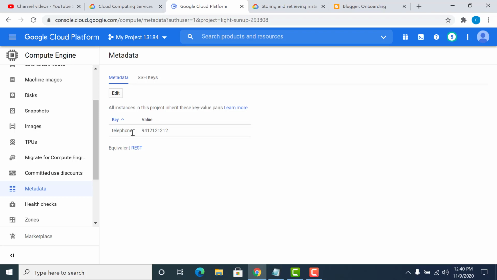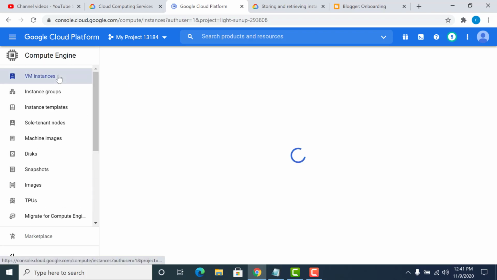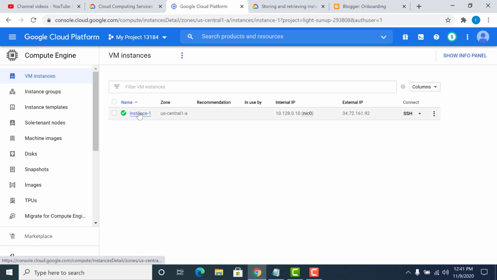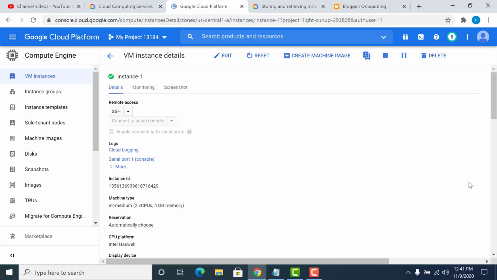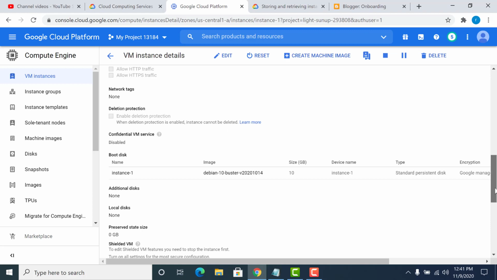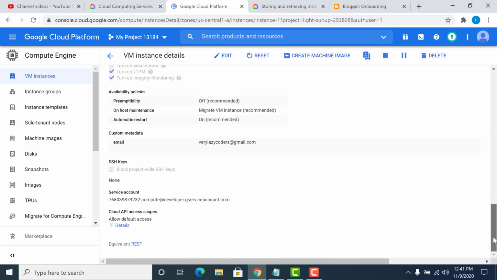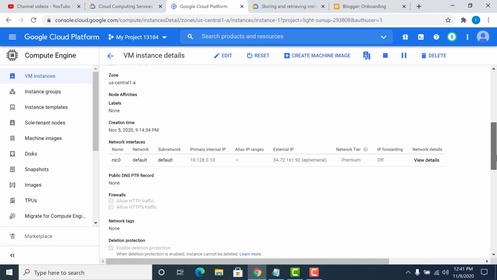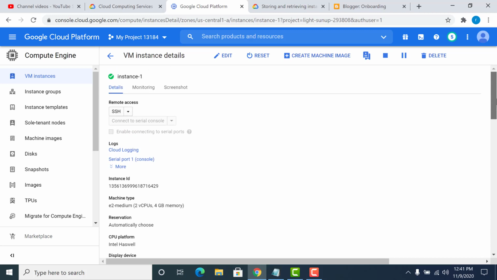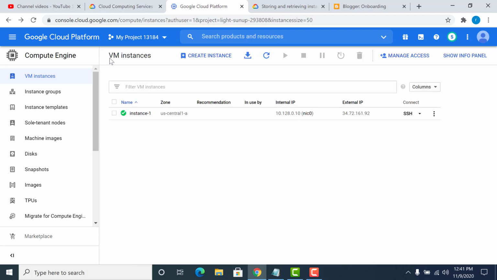I have a project metadata here with the key telephone, and I've already created an instance which has an instance metadata called email. So let's log into our instance and try to access both these key value pairs.